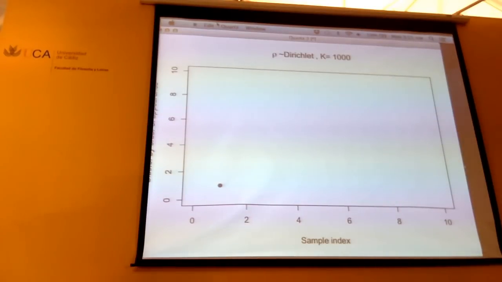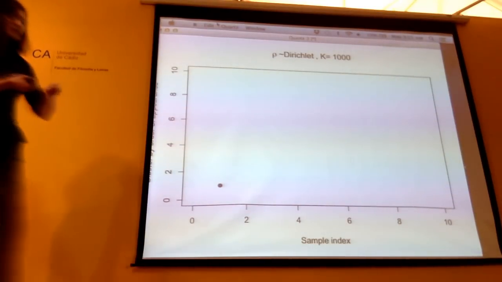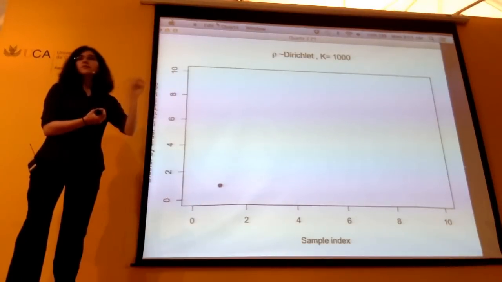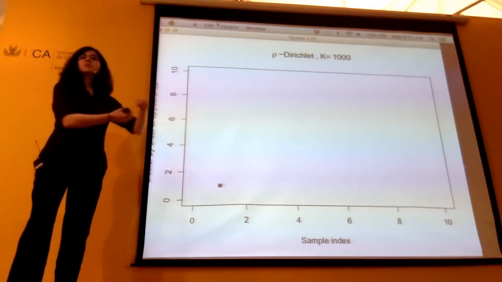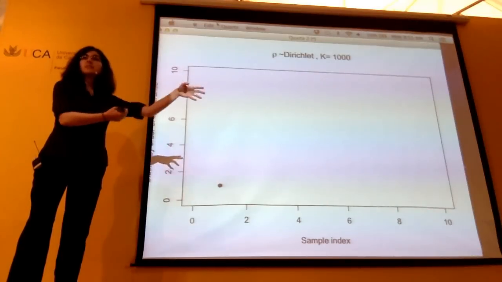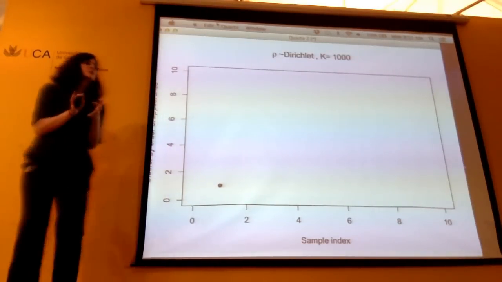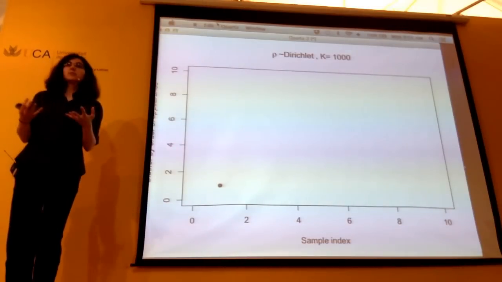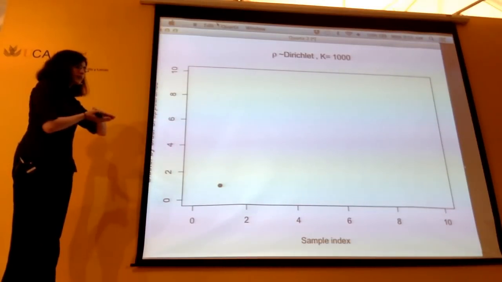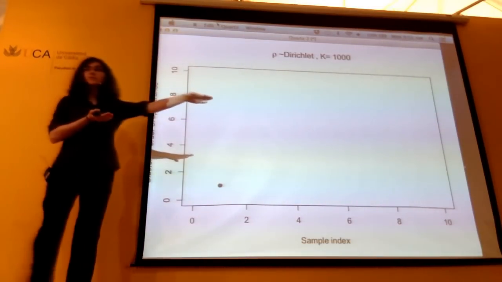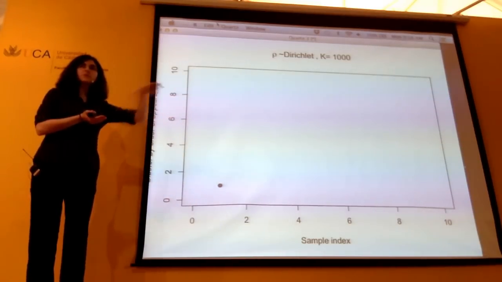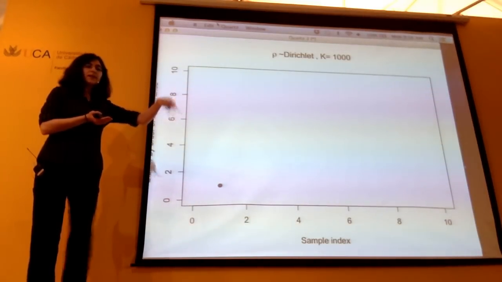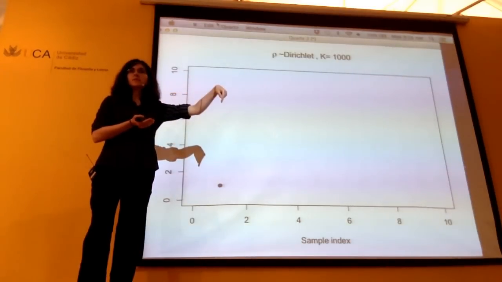Another way that I could write that, and I wrote this on a previous slide, is rho 1 to the indicator z equals 1, times rho 2 to the indicator z equals 2, etc. And so the way that we drew from the categorical in the previous slide was we made this unit interval by putting an interval of size rho 1, then an interval of size rho 2, then an interval of size rho 3, and then just put down a uniform random variable.